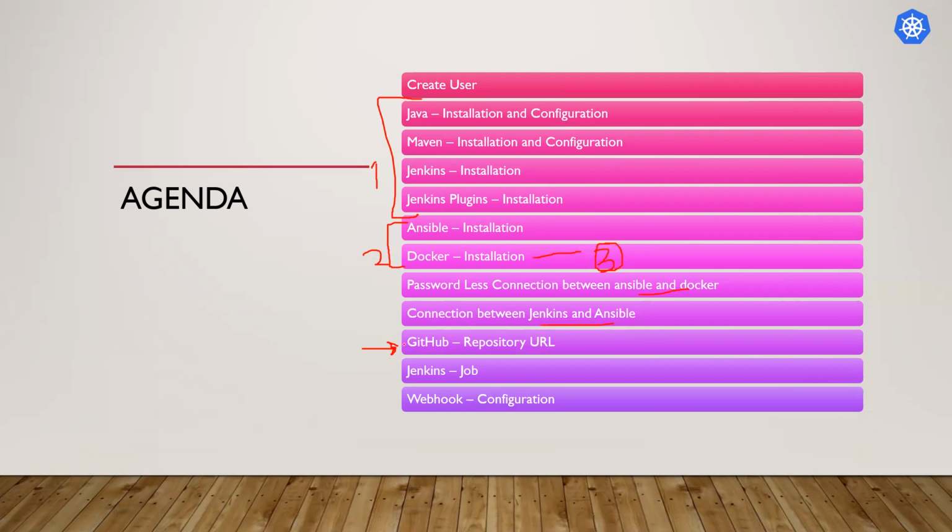After configuring everything, we will create the jobs in Jenkins, and first we will build manually. When the container deploys successfully to the target system, which is the third one, then we will use the webhook configuration and do automatic deployment. When the user checks in the code, it will directly create the container in the target system, where only Docker is installed.